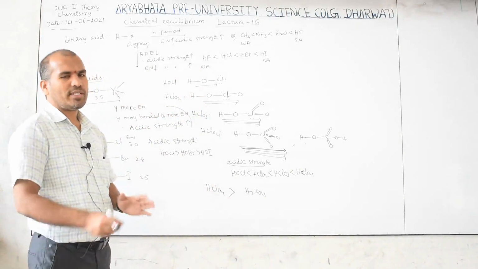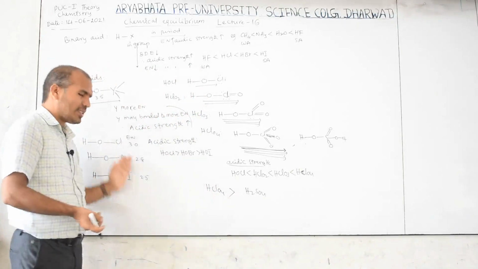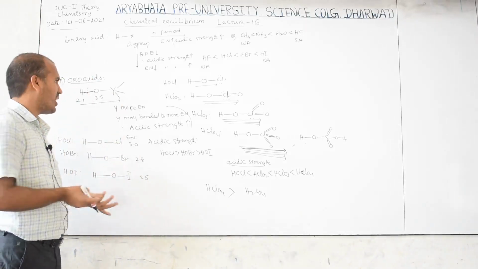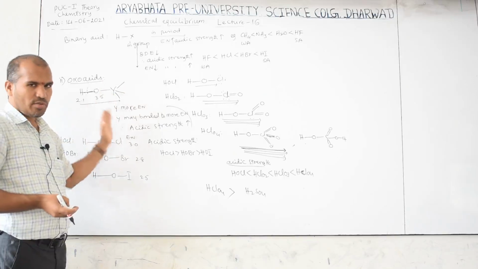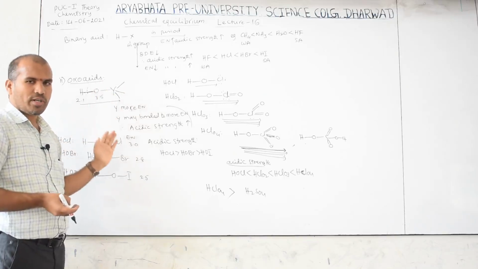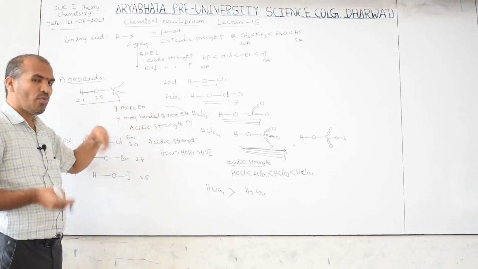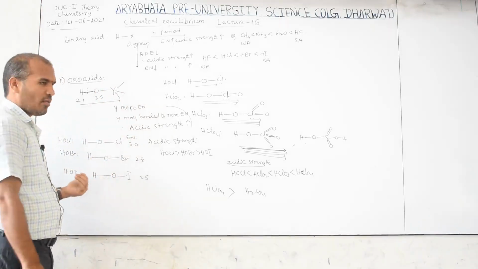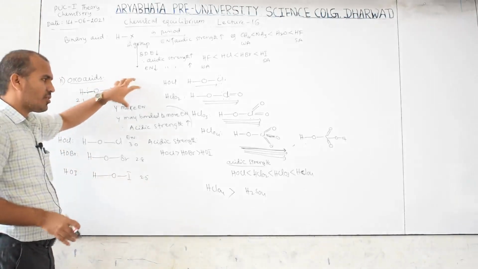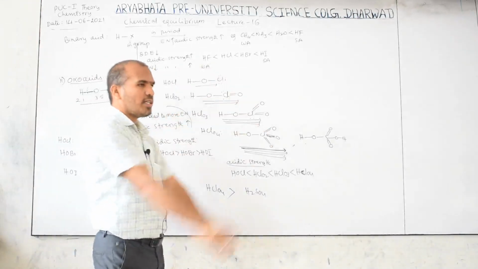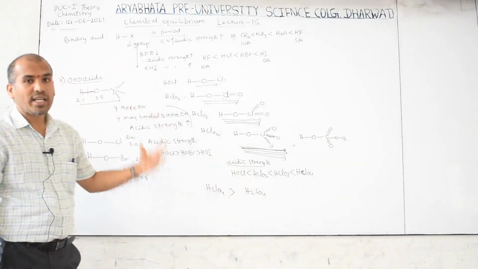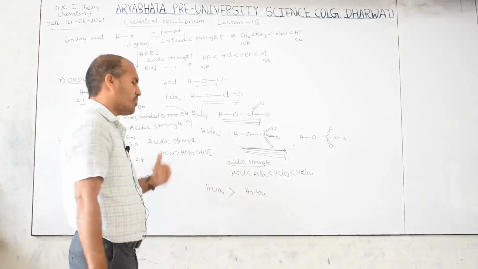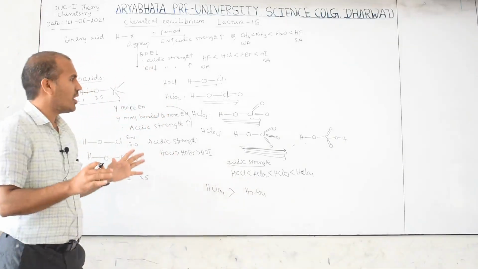So keep in mind, once again I am clarifying here, when an oxo acid is there, this Y atom may or may not be bonded with another atom, and the more electronegative it is, the more acidic, the less electronegative, the less acidic. And the bonded atom also, more electronegative means more acidic, less electronegative means less acidic nature. When these bonded atoms are more electronegative, electron density moves towards those atoms, and then polarity increases. When polarity increases, the bond easily breaks and gives the H plus ion. The H plus ion donor is an acid. So this is the explanation.